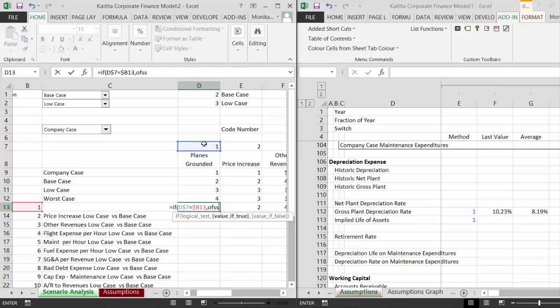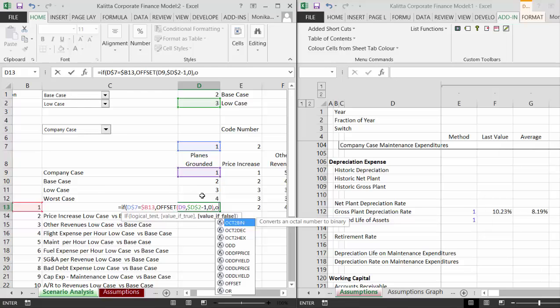So I put offset, and we can start with this one, and then for the rows we'll go down 3 rows, but it's really 0, 1, 2, so we have to press F4, minus 1, and let's keep it on the column. But if it's not, we'll put offset,